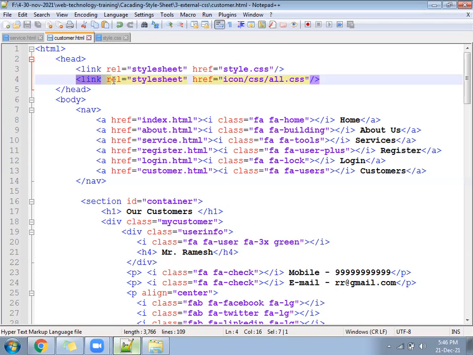So if you are following the link method, what will happen? When the request goes from your computer to the server, the server will send one copy of the HTML, and it will not send a copy of the CSS. The HTML copy will come to your system. The CSS file will be there only. And linking will happen from your computer to the server. For what purpose?